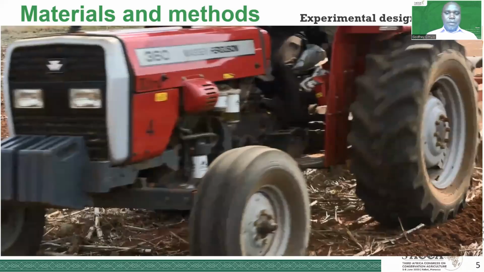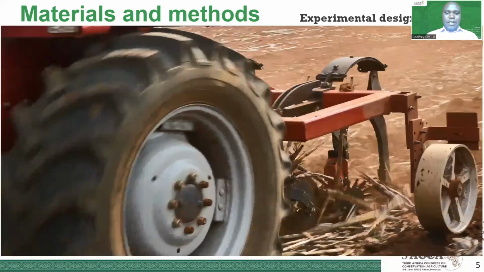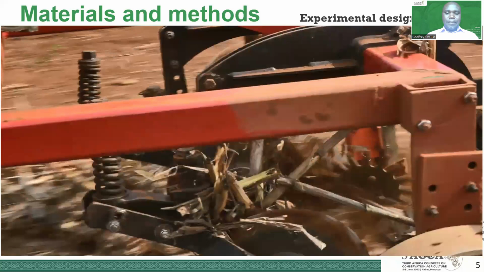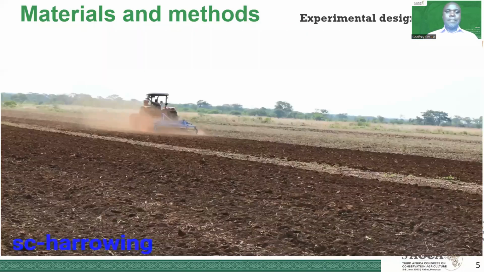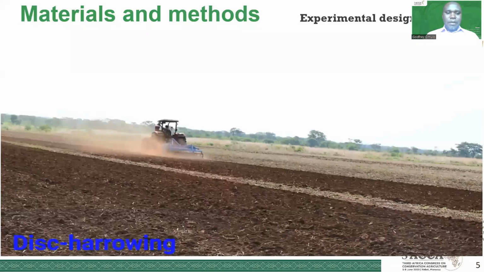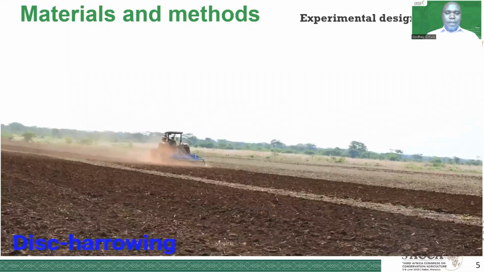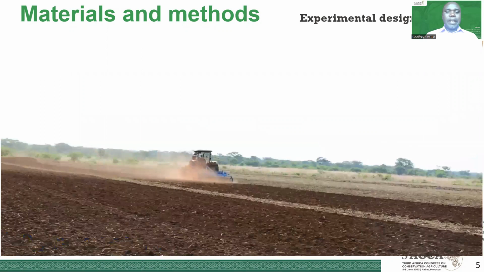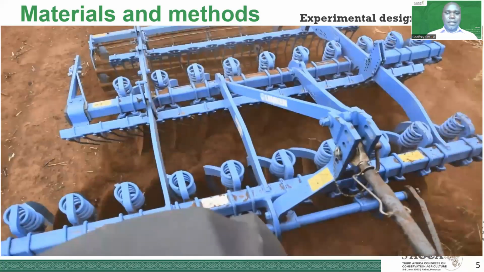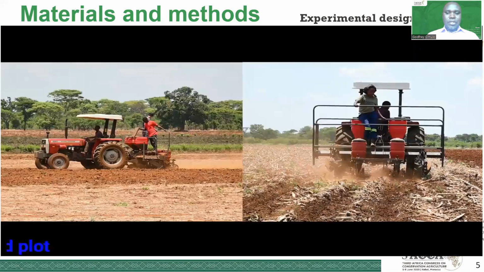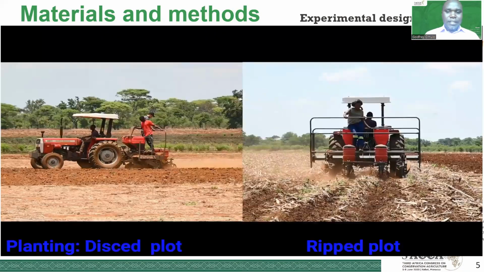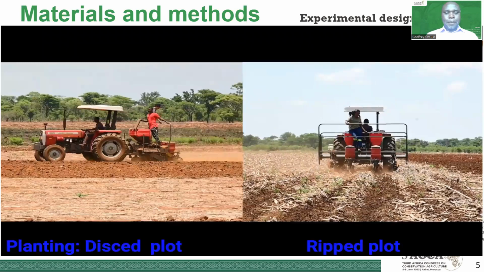The second CA treatment was the reaping tillage, which included the use of a 2-row reaper, and then afterwards planting on the same reaped lines. The final treatment was the conventional disc-harrowing, which involved initial burning of the residues on the plots, and then using a disc harrow to completely disturb the soil before planting.